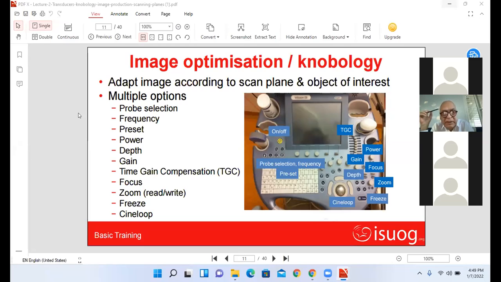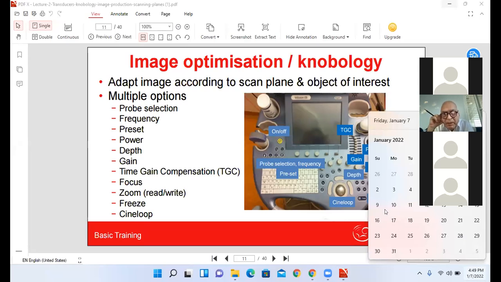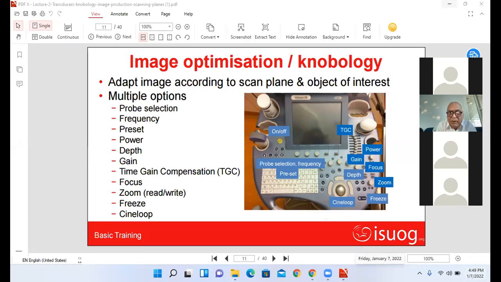And one thing, let me tell you, this is for everyone, that this focus is very important, because most of the time we forget to use focus. But focus is very important, because let us say one structure is lying at the middle of the screen. Then we have to bring the focus dot to that area, our region of interest. Most of the people never use it, but it is of utmost importance. Then I think next slide, we can go. These things are described in detail. Next slide, please.